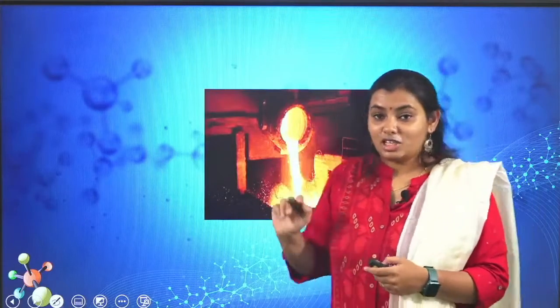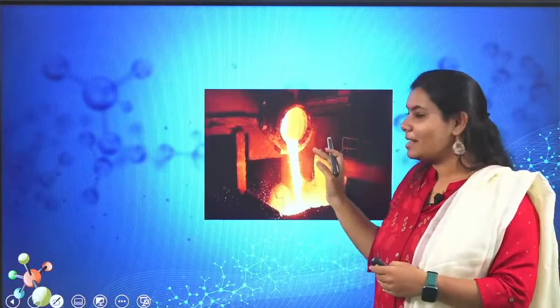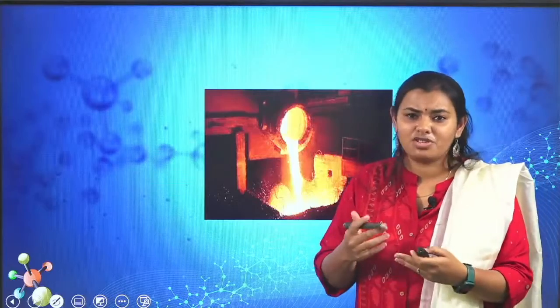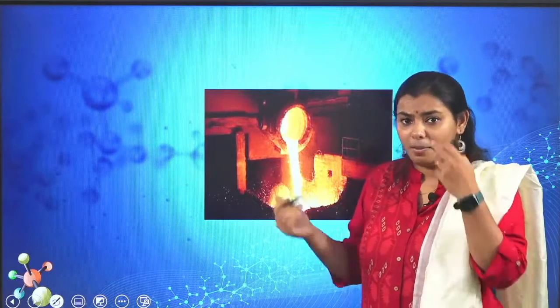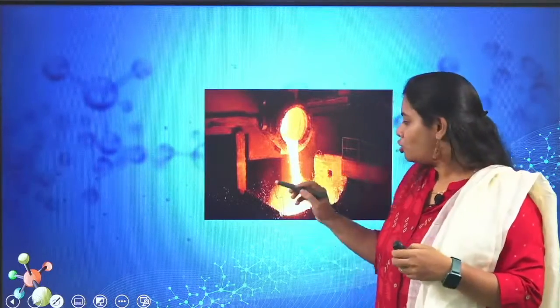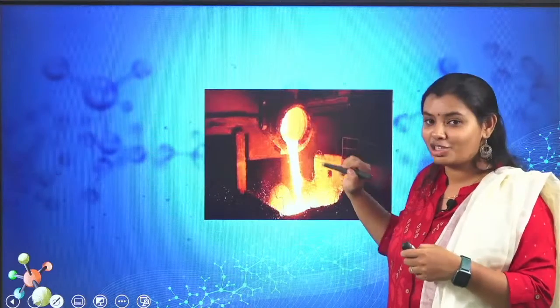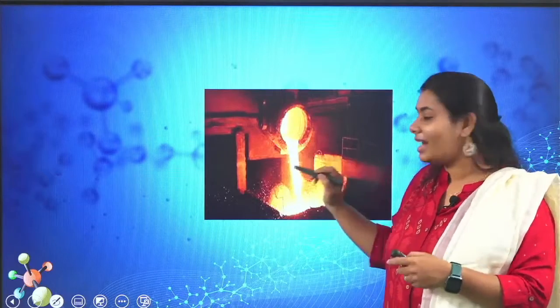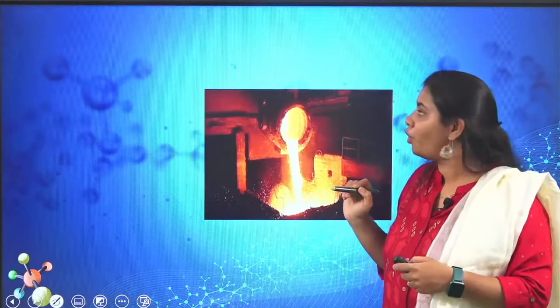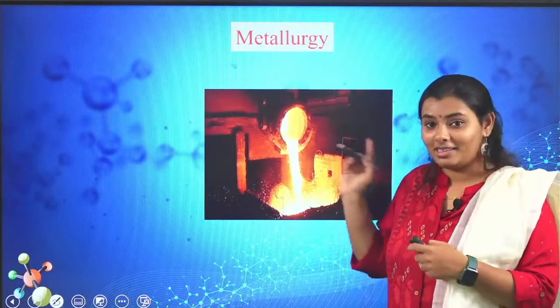Now this is one such concept where, same as surface chemistry, there is a lot of theory present in this particular concept. So here you can see, what is happening over here? Concentration, extraction of ore is happening, right? So where exactly do we study about extraction of ore? Metallurgy is that chapter's name.